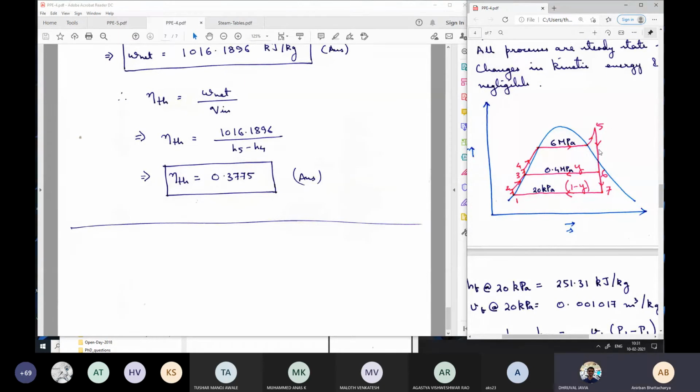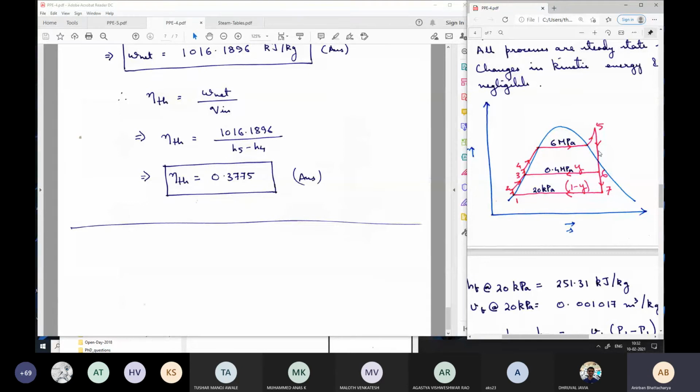Maybe we can use the entropy and pressure. Yes, we have to use the entropy and pressure and interpolate using the steam tables to find the temperature at that point, because temperature will be the unknown there. Pressure will be known, but temperature will be unknown. So we can find the temperature from the steam table, and then we can solve the problem in a similar fashion. Once you find the temperature, you can find the enthalpy again using interpolation. You can try that.